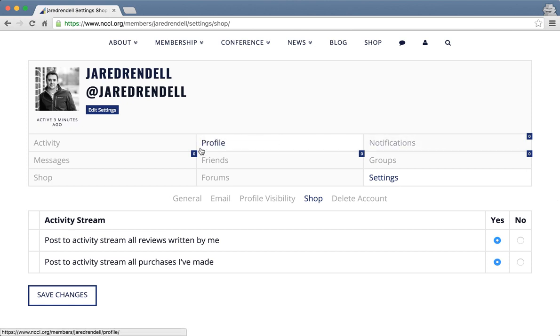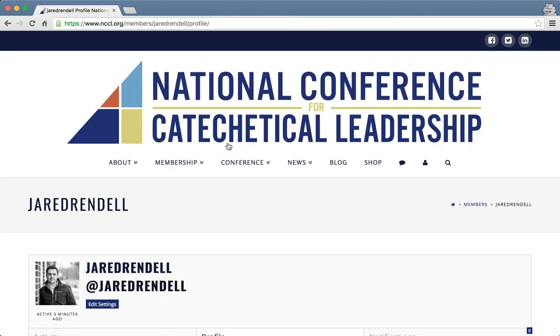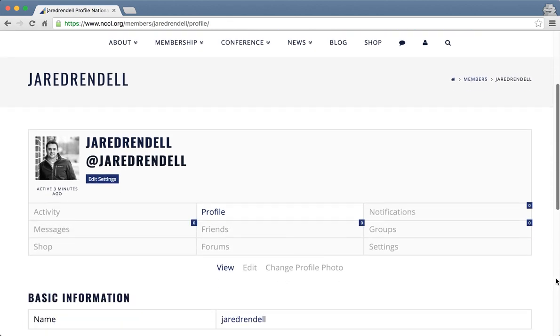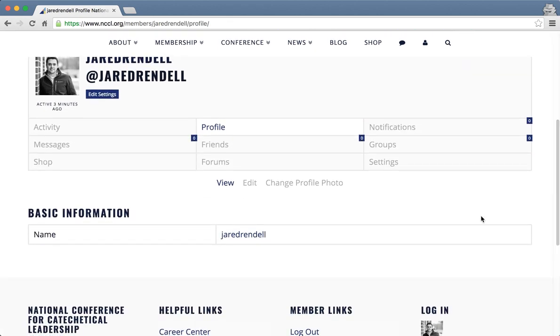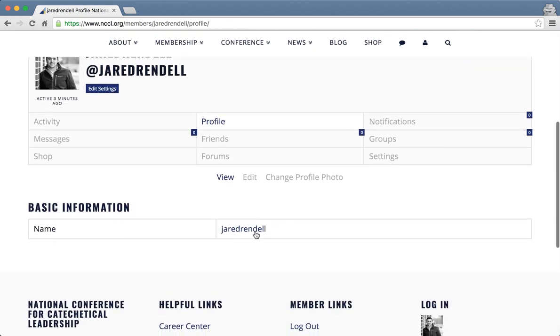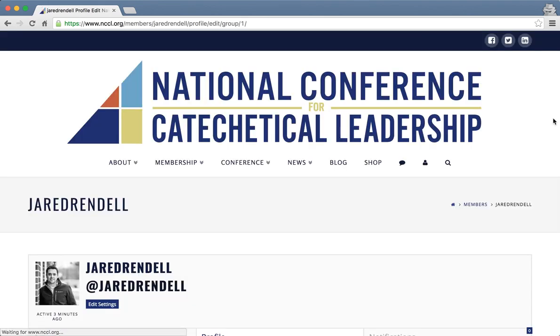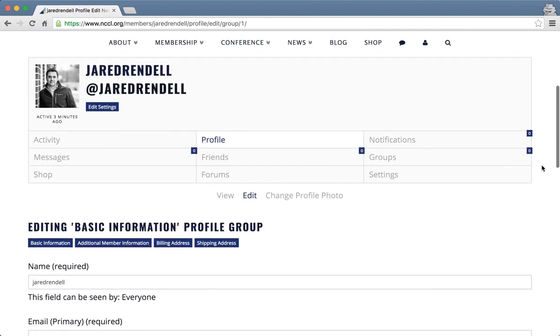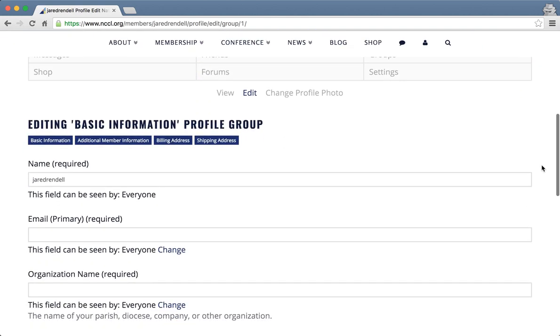More importantly now, I want to spend a minute going over this profile. So I'm clicking back up to profile in my overall profile menu. And right now it's just viewing the basic information that I have. So the step that you want to take is to click on that profile and then click on edit. Once this comes up, now I'm in an edit mode, and it is going to take me through editing info